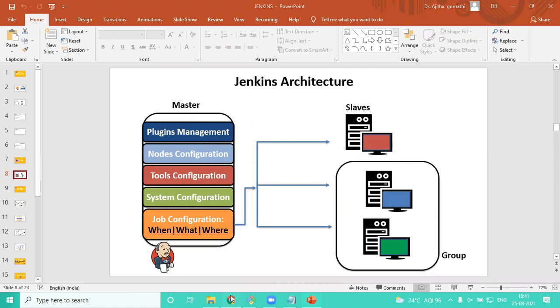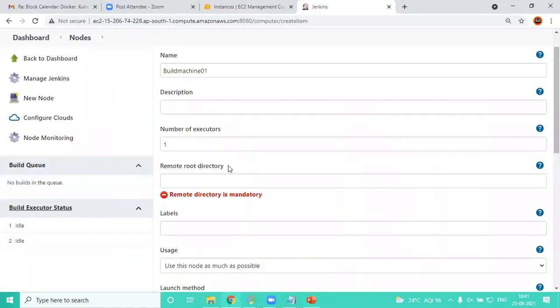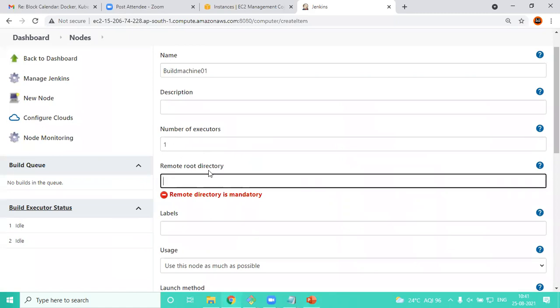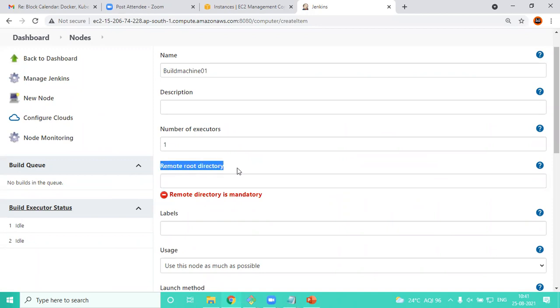Okay. Now, right now I'm leaving it at 1. Now let's come to the next point called remote root directory. Okay. So what is this remote root directory? So what we have to understand here is